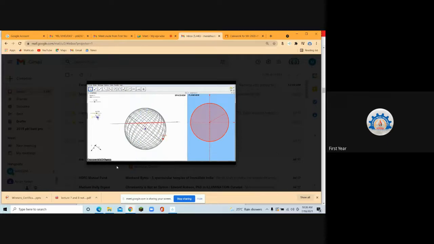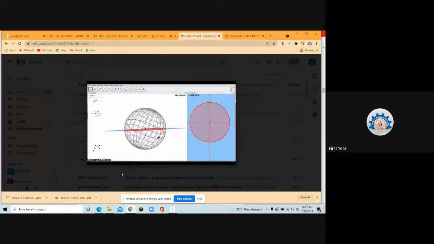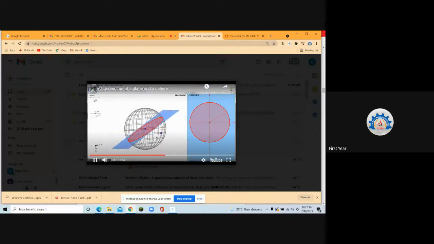Then also, vertically it is a sphere, and horizontally also it is, sorry, a circle. Horizontally also the intersection of the plane and the sphere is a circle. Can you see this? So how do we represent the intersection, and how do we represent a circle in 3D? That is what we are going to see. But for that, first I wanted to show you that the intersection of the sphere and the plane is a circle. Now when it is intersecting at the center, can you see a dark circle which is there in the middle?